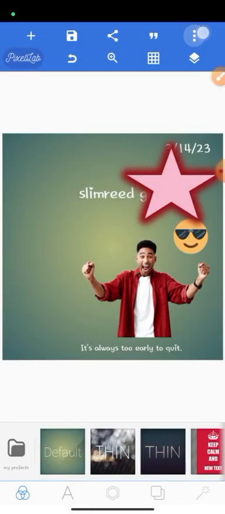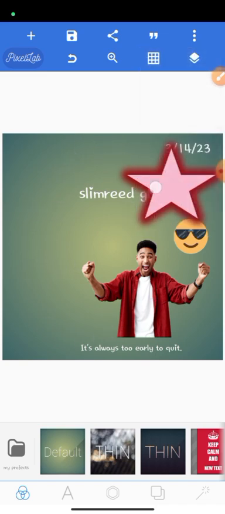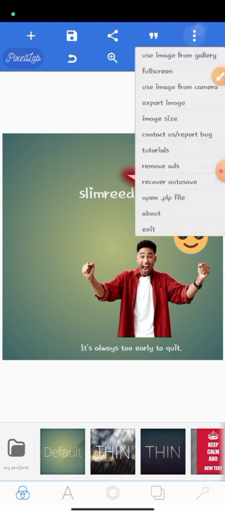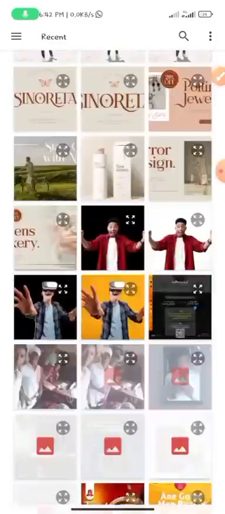So this dot here, if you click on it, you can see use image from gallery. If you click on use image from gallery, that means you want to change the background that we have here. You can see that this background that we have here is the default template. So if you want to have another background, you just click use image. If you click on it, then you select